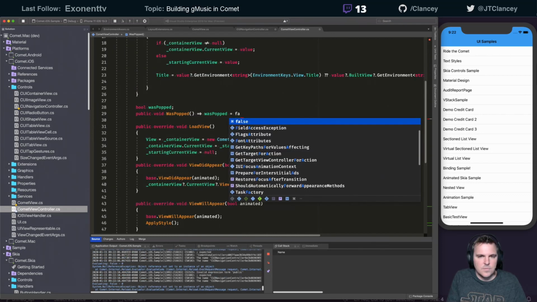Now the reason I just changed that was I like to be able to write code like this. Done. All right, so that changed. So now I can say was popped on view. Actually, what all code did I just have there? All